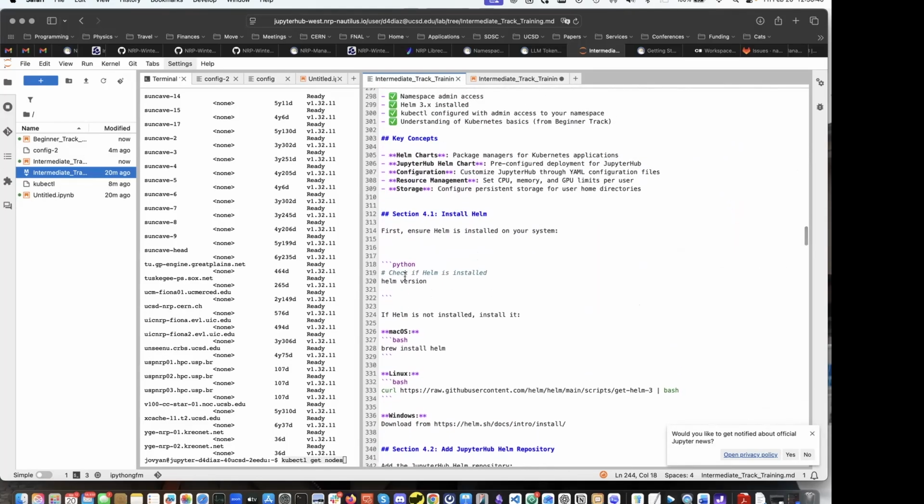Now, deploying JupyterHub in your namespace is managed by a process that uses a manager called Helm. Helm is basically a package manager for Kubernetes applications. You could think of it as something like pip, or even like a small repo like Git. But basically,